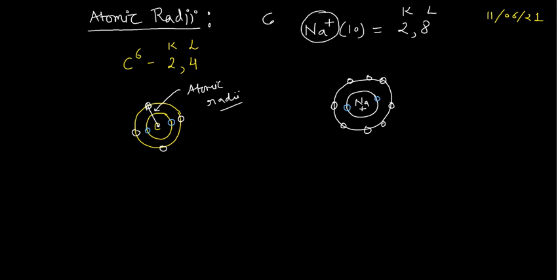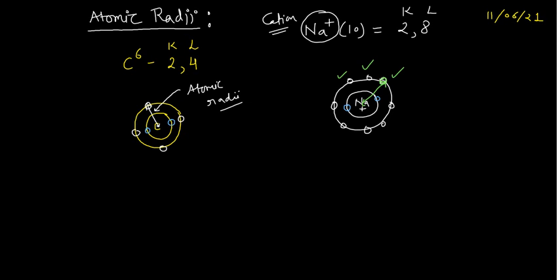Basically it is a cation. The species which are having the positive charge on them are known as cations. So if you want to know the ionic radii of this cation, you will take the distance between the nucleus of this sodium ion and the outermost electron. Out of 8 electrons you can take any one. So in an ion, the ionic radii is the distance between the nucleus and the outermost electron, the electron present on the outermost shell.